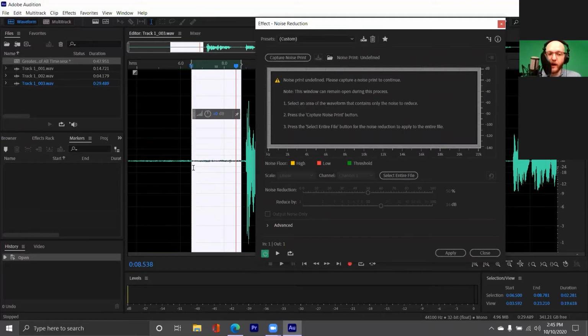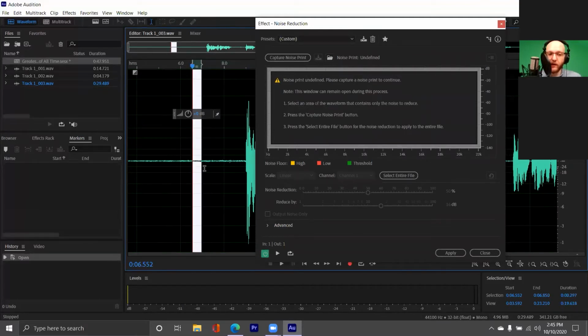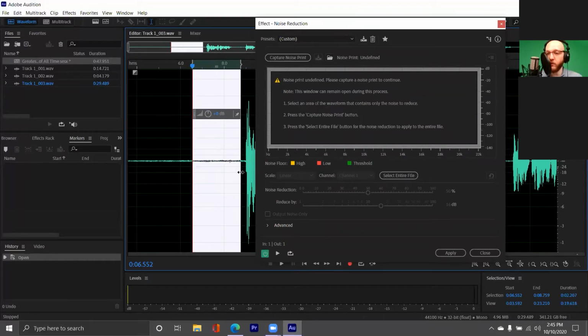We've already highlighted the area that we want to remove, the stuff that we don't like, which is good to know before you record, because now you know to give a little bit of silence before you start recording. I'm sorry, before you start talking or start doing anything. That way you can capture just a little bit of silence that you can then use to remove later. So we're going to capture noise print,